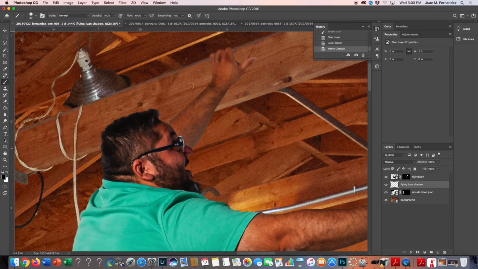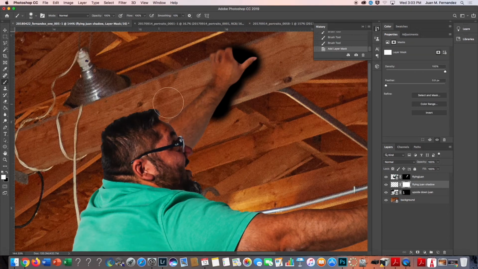So now I'm going to go with the brush tool, paint with black, big brush, soft brush. Again, I'm just going to put this underneath, and I'm going to use a layer mask to refine it a little bit more. Alright, so put a layer mask on that, just kind of set it up arbitrarily, meaning with no intent with that,